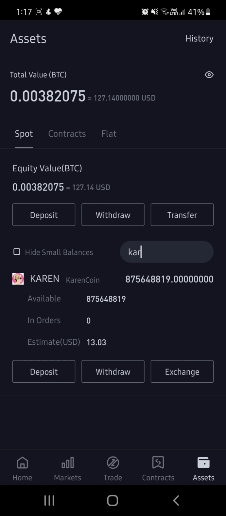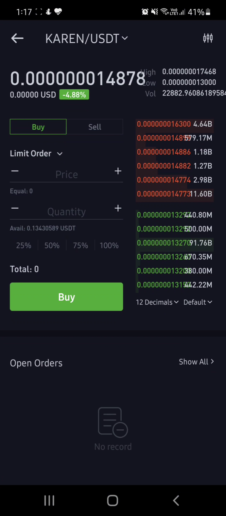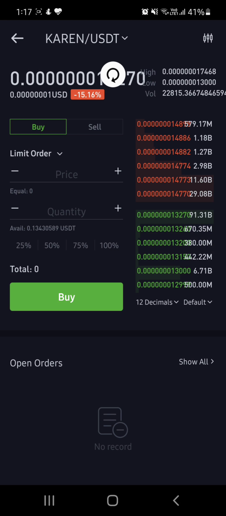Okay, so how to buy? Go to the exchange tab. There you can see buy and sell. The ones in green are the buying, and the ones in red are the selling. Bid and ask, right, we call it the terminology. So there are two ways, like a limit order and a market order.